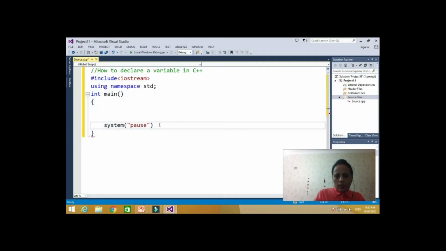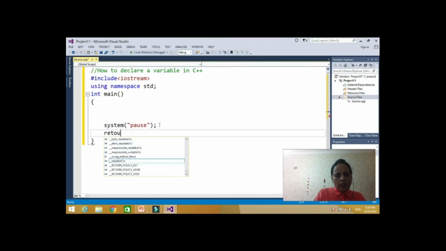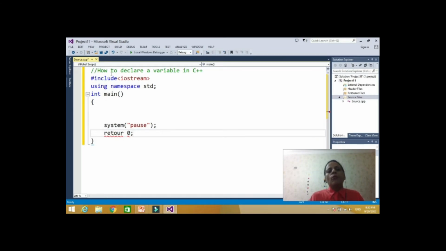In this program, this int, namespace, include, everything is a keyword. Whatever is in blue, sorry, I misspelled this, return. Whatever is in blue color, that is a keyword.